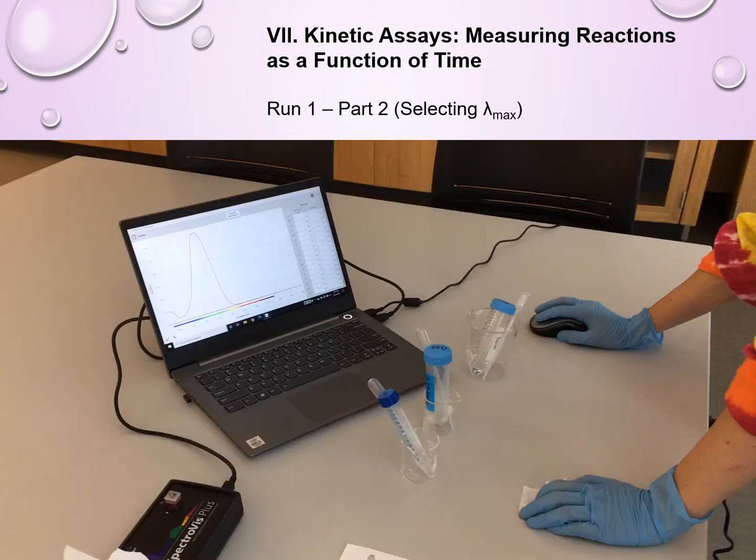So now that we have this nice full spectrum readout for our reaction, we want to actually observe changes in the reaction over time. So what we want is to select one particular wavelength that we will be reading out all the other measurements at. So if I just point to